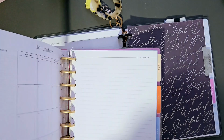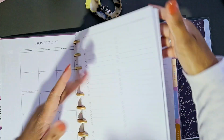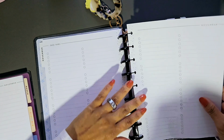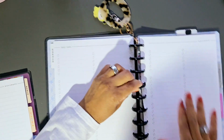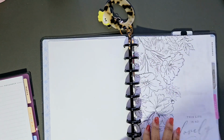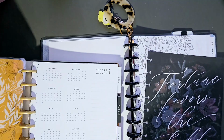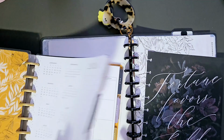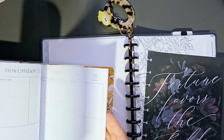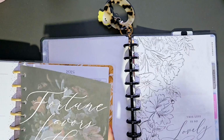And then I'm going to pull out November 2024 and set this up for November. Okay, that is the basics of the planner. Let me go ahead and put this October 2024. I need to fix my, here we go. I need to fix my